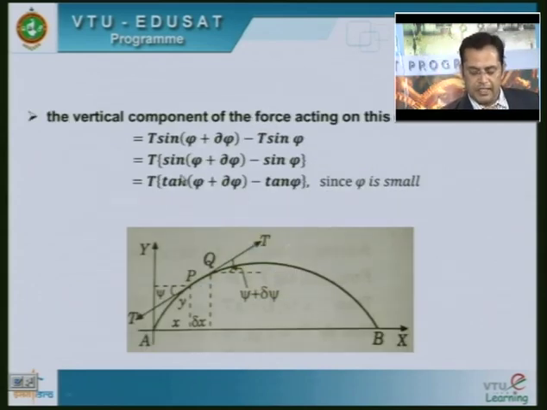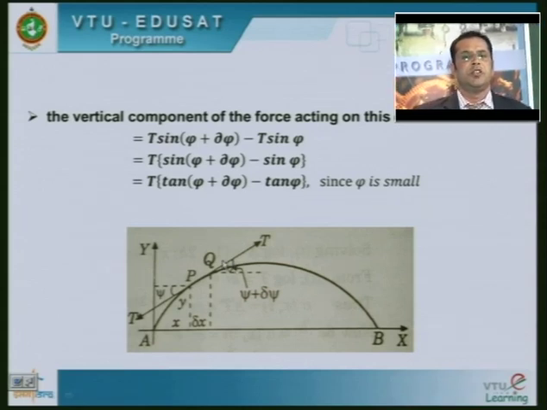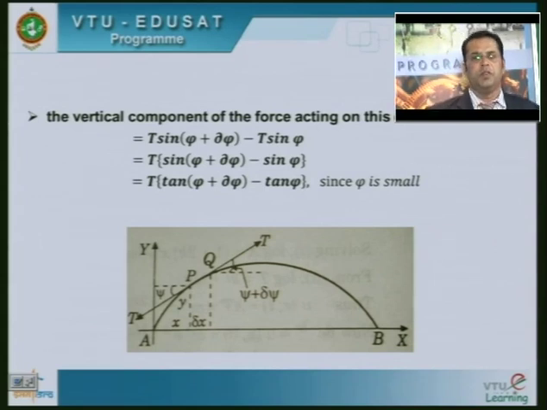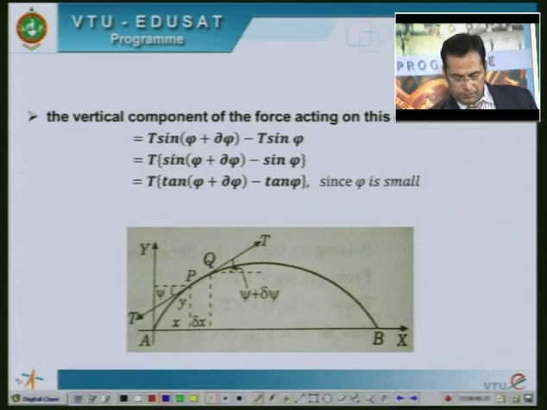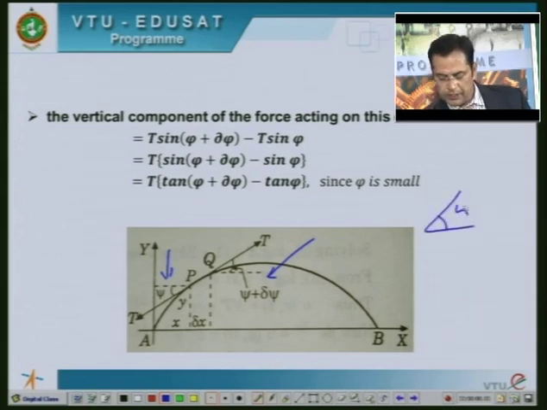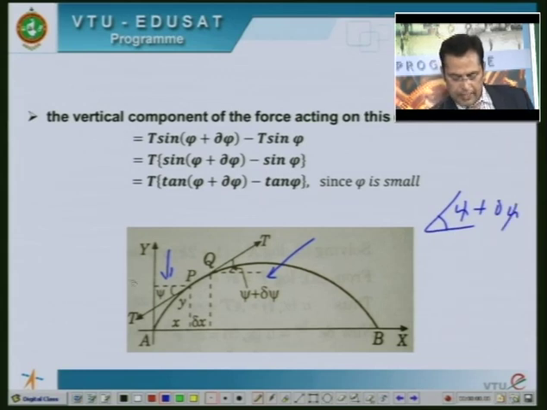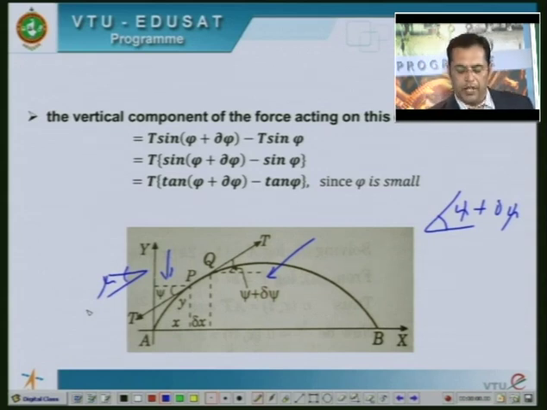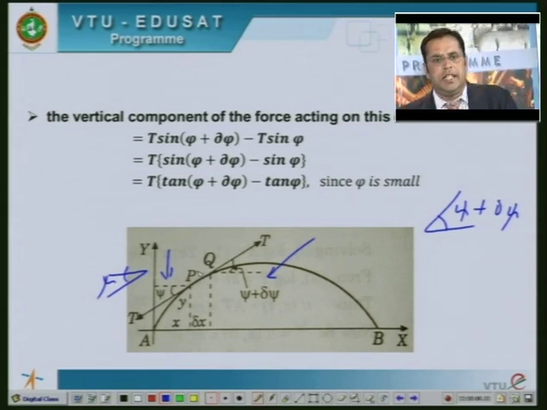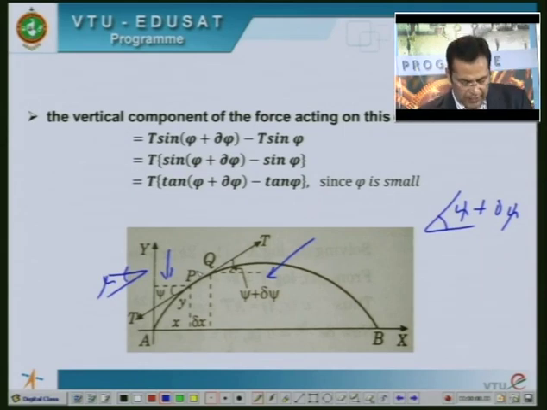tan of psi plus delta psi, which is tan of this angle, should be the derivative corresponding to the point Q, where x is x plus delta x and y is y plus delta y, and tan of psi, which is the angle here. You can see psi here, this is psi plus delta psi, and this is the angle psi. So, the tan of the angle psi is related to the point P with coordinates x comma y. The tan of the angle psi plus delta psi is related to the point Q with coordinates x plus delta x and y plus delta y, and hence